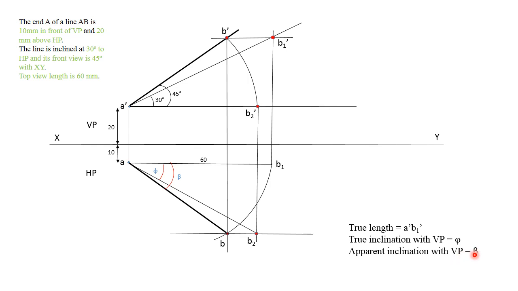So this is how questions can be based on the rotating line method, where the top view and front view are not given directly, but the data of one point's position is given, point A, and you have another data of one of the views' length. If the front view length is given, then you can easily locate the point P dash, but when the top view length is given, it is a bit twisted, and as I have mentioned in the procedure, you can follow all this in order to find the given results.